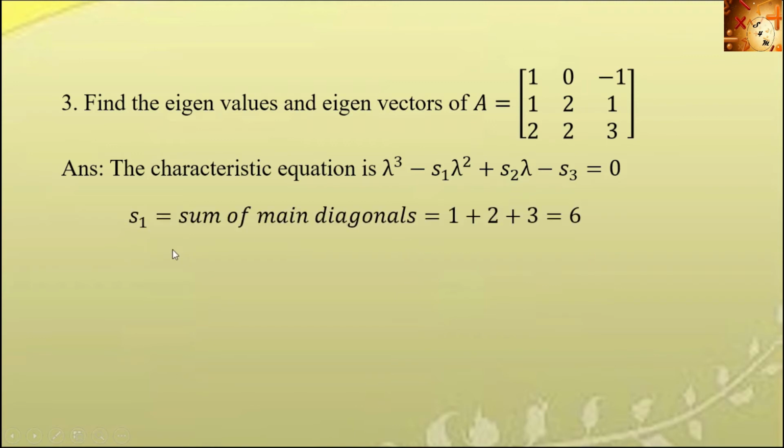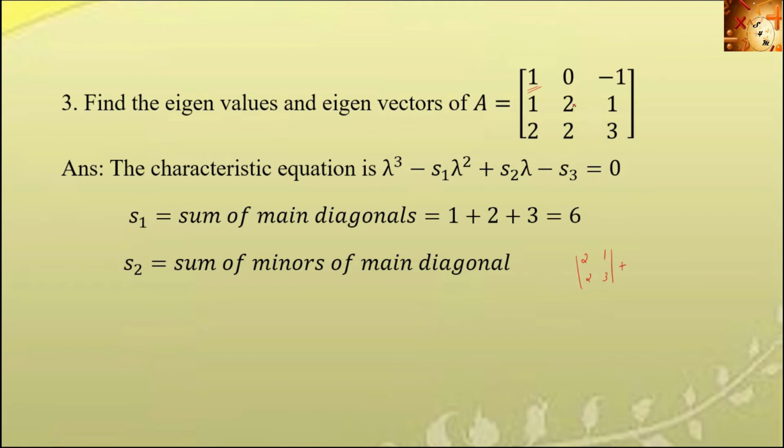Here finding S1, that is the sum of the main diagonal elements, 1, 2, 3. So 1 plus 2 plus 3 is equal to 6. Next we want to find S2, that is the sum of the minors of the main diagonal. Here the first diagonal element is 1. So the minor corresponding to 1 is found by deleting the first row and first column. Then we get the matrix [2, 1; 2, 3], so the determinant of [2, 1; 2, 3]